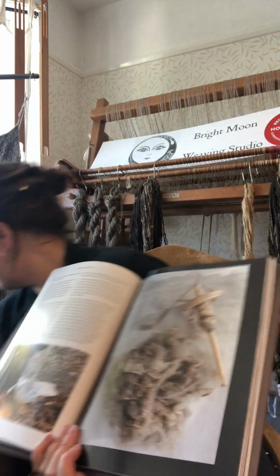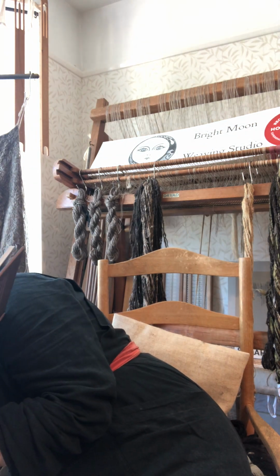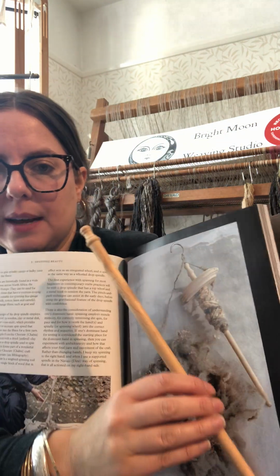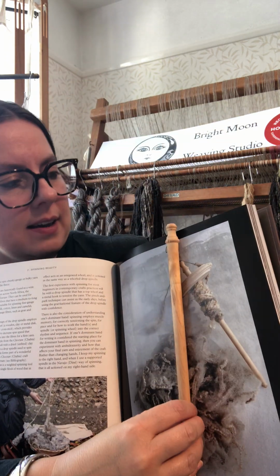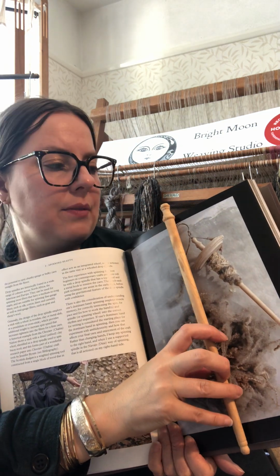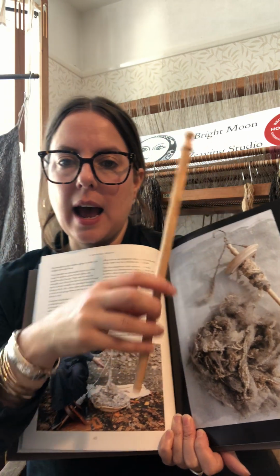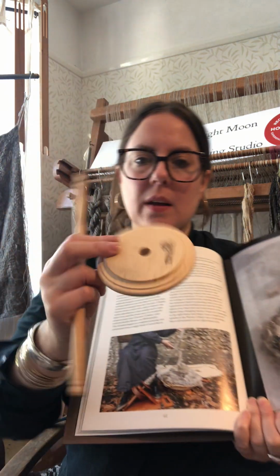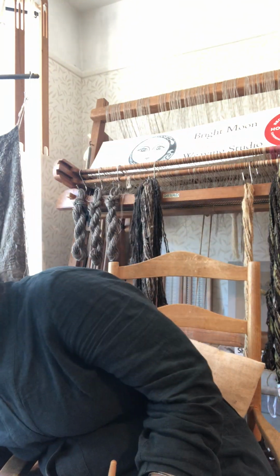Let me see if I've got one to hand. I think I do. So that's the spindle part. Yeah, it's as big as the book page. It's probably about 24 centimetres, something like that. And the whorl, let me grab the whorl. That's the whorl. And what you do